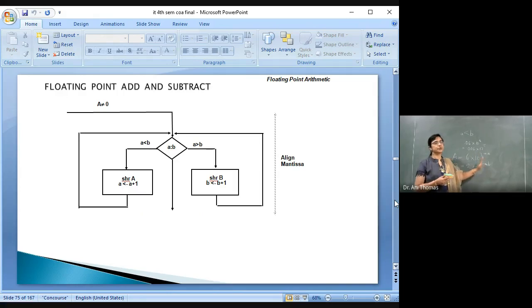Okay, fine. So both the ways we are aligning the matrices in such a form that it is coming to a greater value. First, only by checking: small a is greater than small b or small a is less than small b. If small a is equal to small b, then we have to do nothing, no shift right and no exponent increment. Just we have to go to the next step, that is addition or subtraction of matrices.